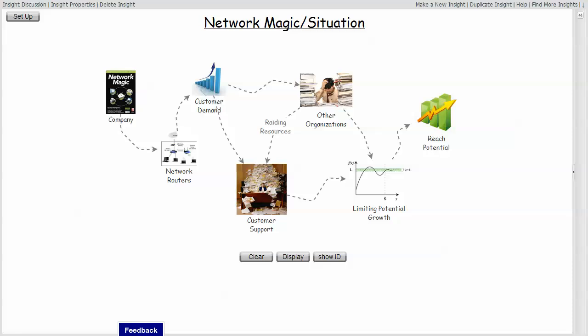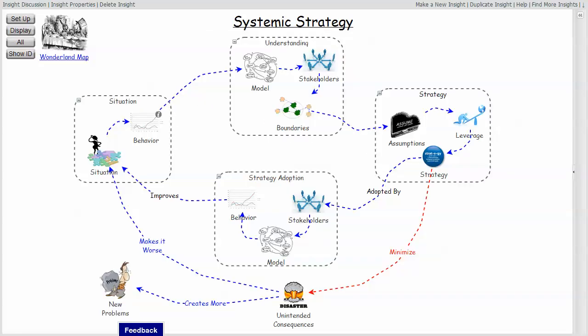What makes the situation even worse is that the rest of the organization continues to steal people from customer support. So we started with this initial situation for Network Magic, and we then spent time and developed the pattern of behavior for the relevant aspects of the current situation as we understood them. We developed a model that gave us a better sense of the interactions in terms of what support is trying to do in terms of continuing to develop and maintain the level of support readiness while the rest of the organizations are in fact trying to staff up to meet their workload requirements.